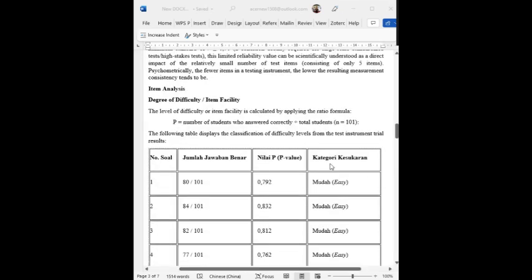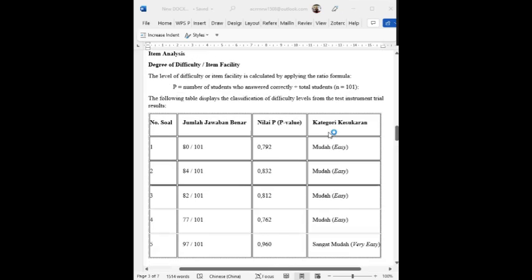Next is item analysis. The item difficulty index measures how easy or difficult an item is, based on the proportion of students who got it right.